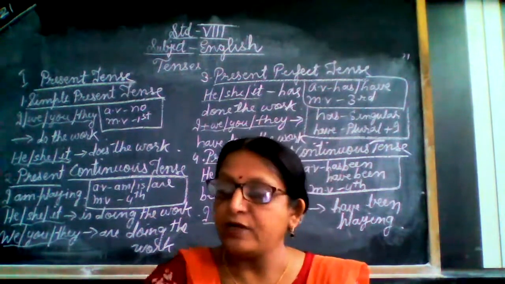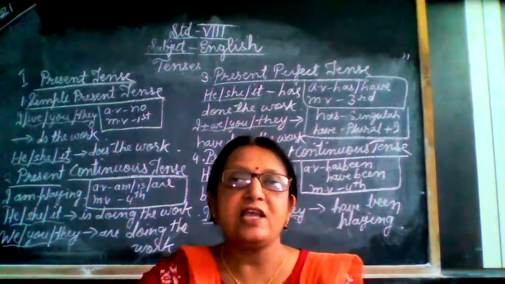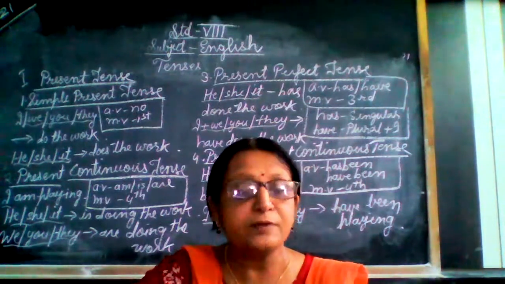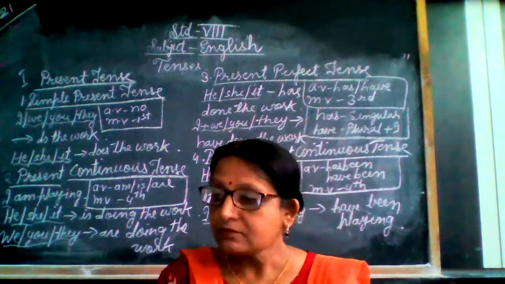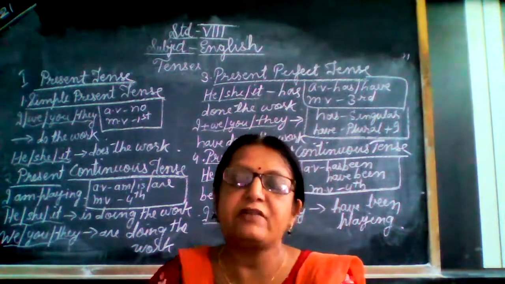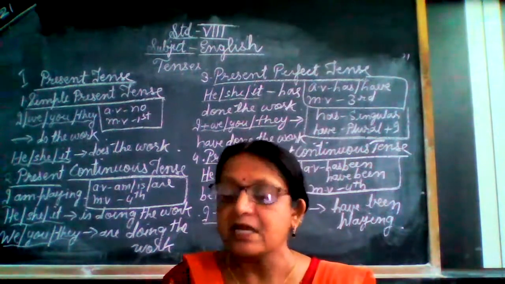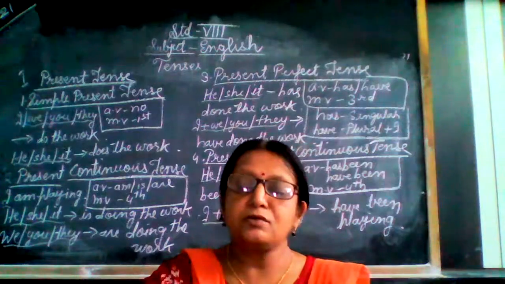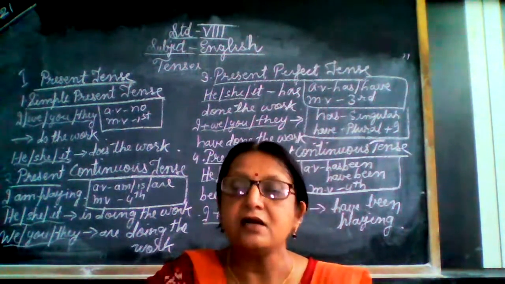So this question is very important, as it is the base of all the grammar. Until and unless we know the tenses, we cannot do well in the writing skill also. So these tenses are useful in writing skill in each and every part. So what do we have to use? Auxiliary verbs and the main verb. If we are talking about the perfect, then the main verb will be in the third form. Sometimes we do make mistakes in the main verbs, so if these tenses are clear, we can avoid those mistakes. So tenses are the basic concept of grammar, and we should always start with the tenses.